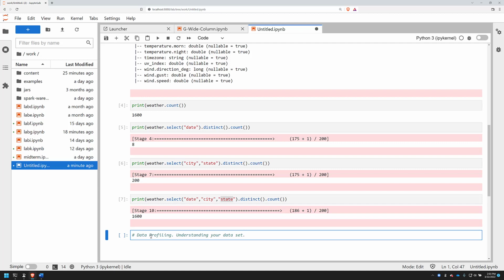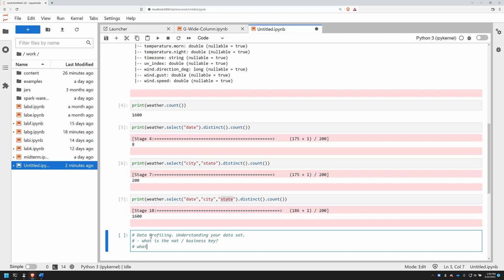We set the example up so that it's easy to understand and you don't have to question the fields that you see and the structure of the data and what one row means. But basically, when you data profile, you're trying to understand what is the natural business key, what does one row mean,